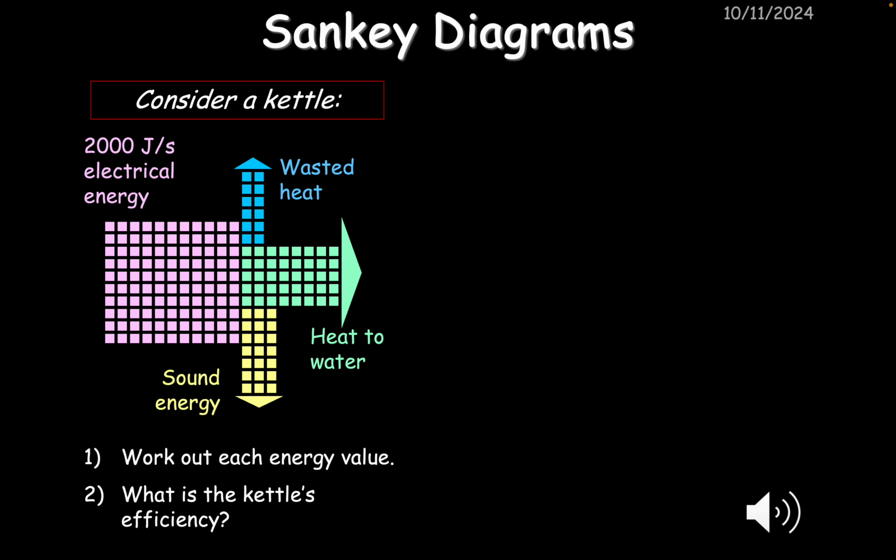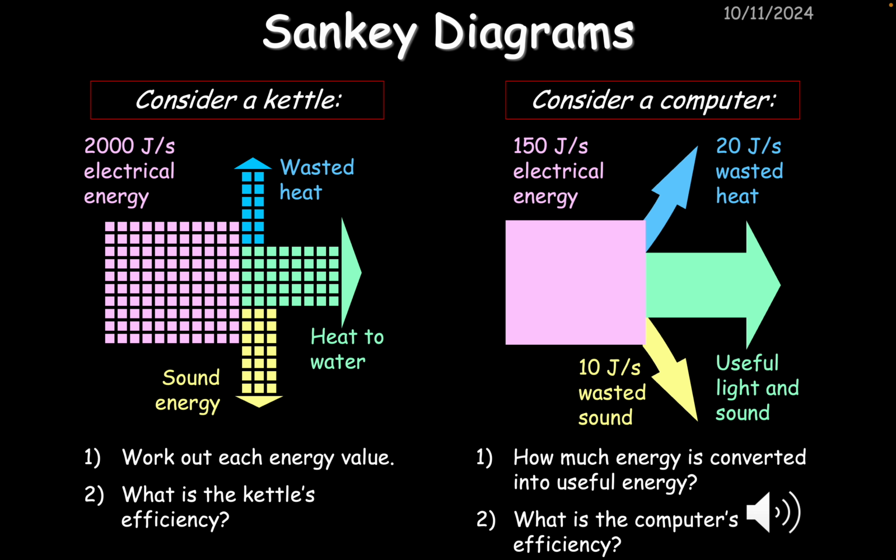In this case, it'll be 50% efficient because of the 10 pink squares, 5 of them turn heat into the water, and that's what we wanted to do. 20% goes into wasted heat, and 30% goes into unwanted sound energy, which is an unwanted result of boiling a kettle of water. Then a computer, for example, again, is using 150 joules of electrical energy input,